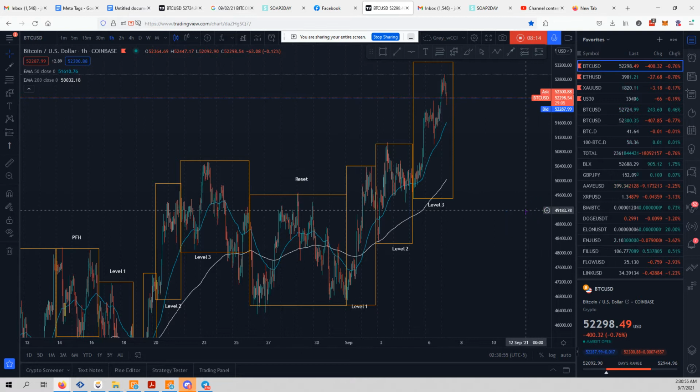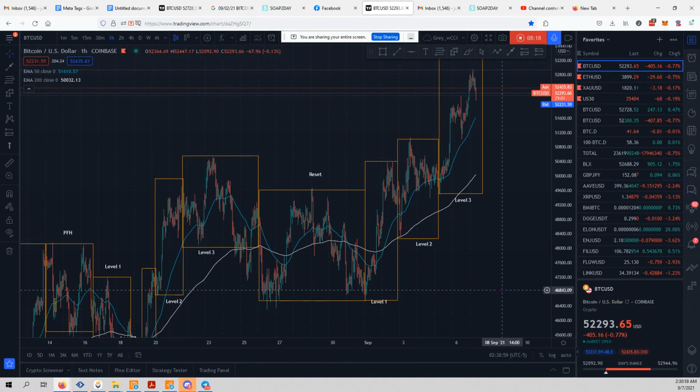The second way that I use EMAs is when I'm identifying a pullback. See this pullback right here? Pulls back to the 200 EMA. Now,